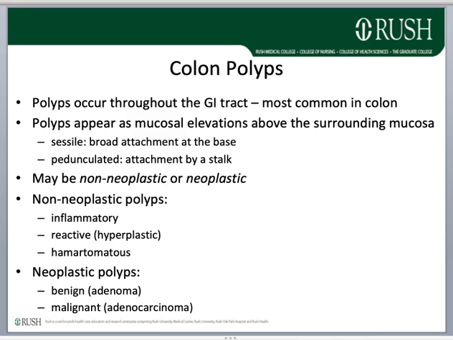A polyp of the colon refers to a protuberance into the lumen above the surrounding colonic mucosa. Polyps may be macroscopically described as sessile, meaning the polyp is attached to the mucosa by a broad, flat base, or pedunculated, which means the polyp is attached to the mucosa by a stalk, which contains smooth muscle and submucosal tissue. Polyps may be non-neoplastic, that is benign, or neoplastic, which means